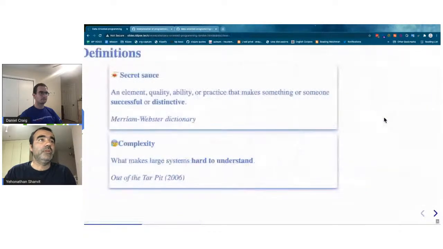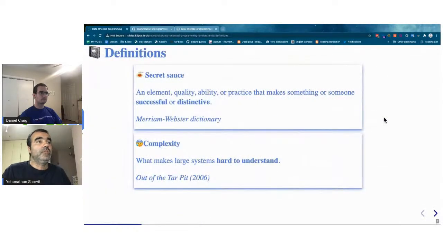Yeah, so first of all, an important definition is about complexity. The goal of data-oriented programming is to reduce the complexity of the systems that we build. And by complexity, I mean what makes something hard to understand.